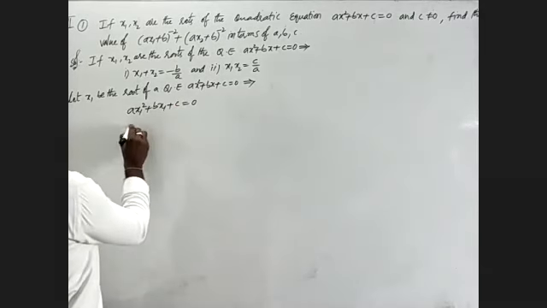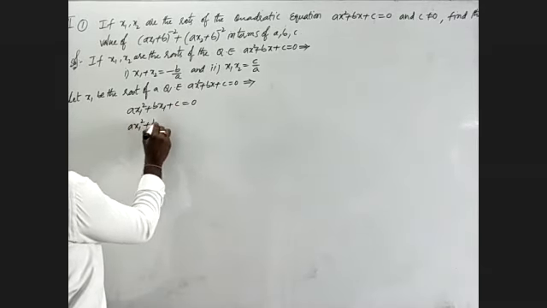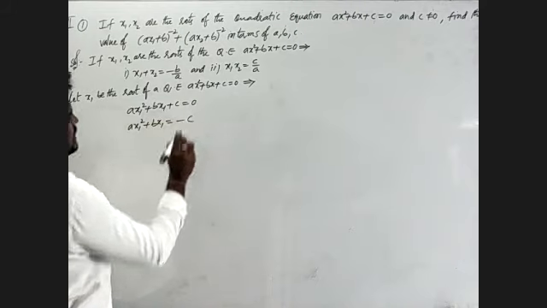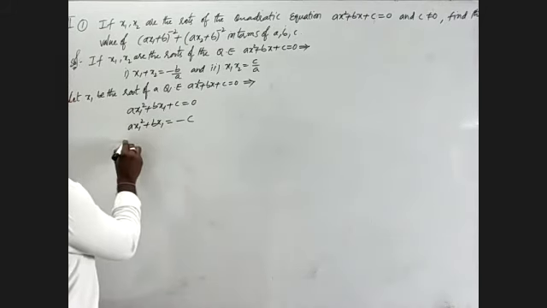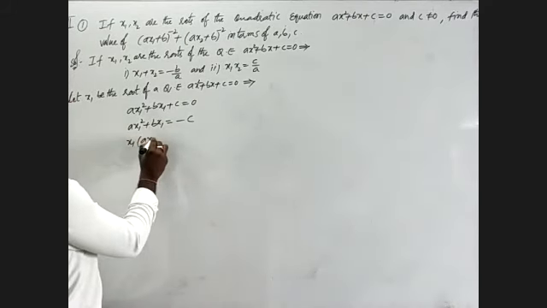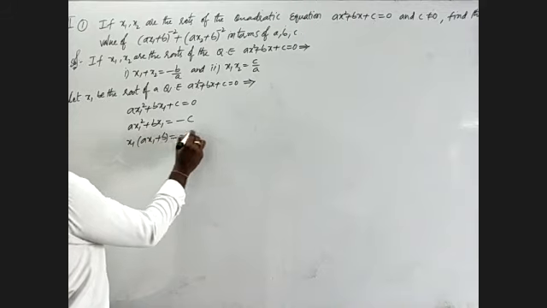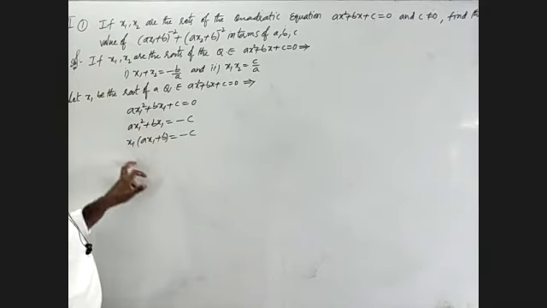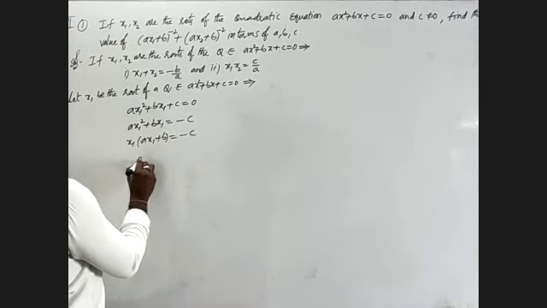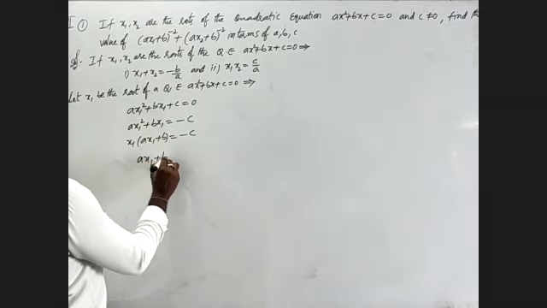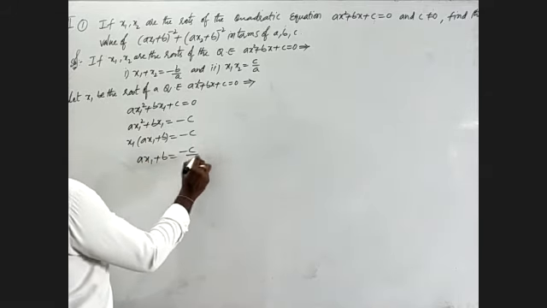That gives ax1² + bx1 = -c. Taking x1 common, we get x1(ax1 + b) = -c, so ax1 + b = -c/x1. Squaring on both sides,